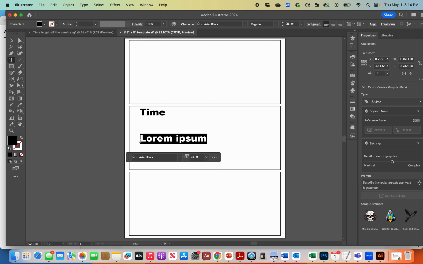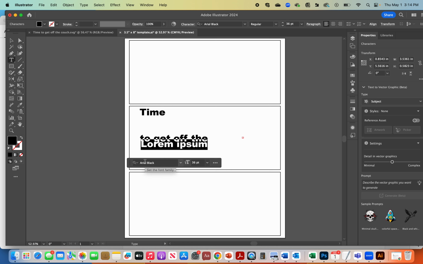separately. So I'm going to just click down here for another set of lorem ipsum. I'm going to type "to get off the couch," and then whoops, I didn't mean to type "couch." I'm going to delete that. And as I promised, I'm going to click again and enter lorem ipsum one more time. There we go. So now I have 3 sets of